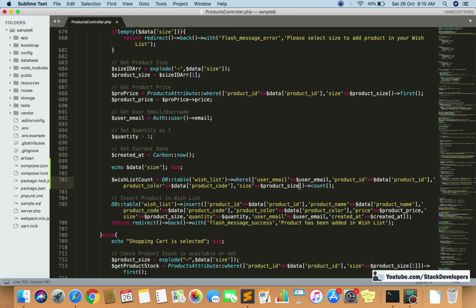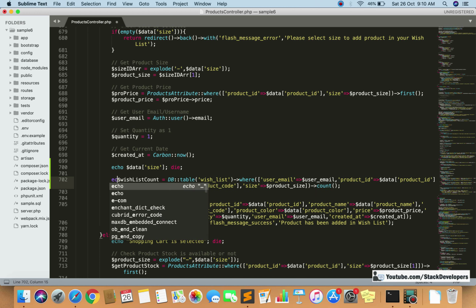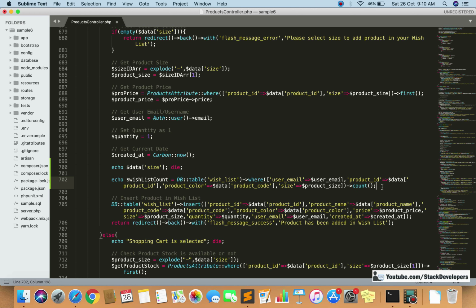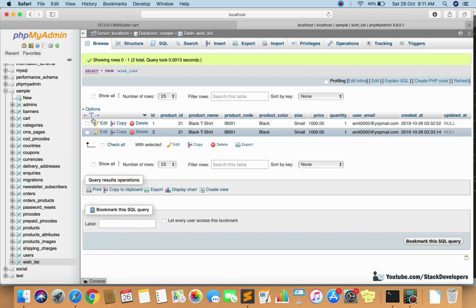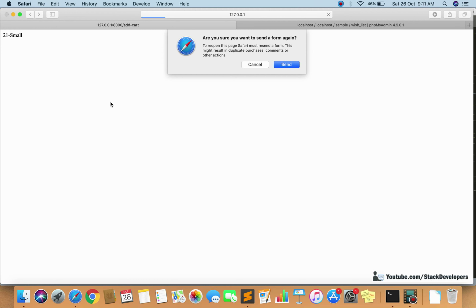Okay, now it is fine, and now we will see what is the wish list count here. Based on that count, we will decide whether or not to add the product to the wish list. I'm going to remove this one, it is not required, and save it. Now we'll see: the wish list product has already been added 2 times, so I'm going to see what it will